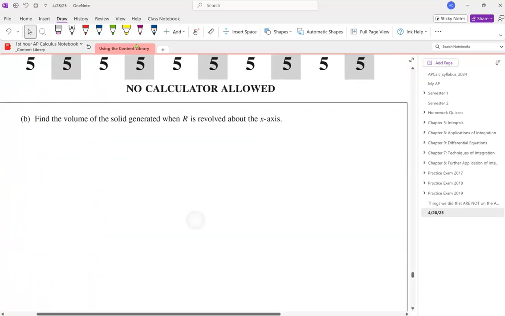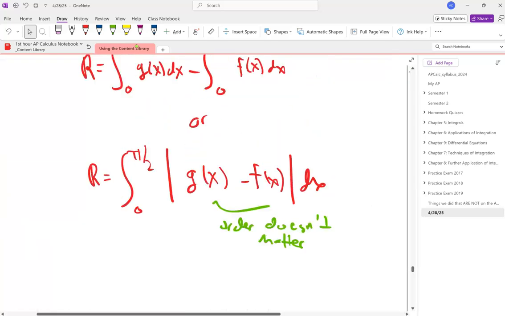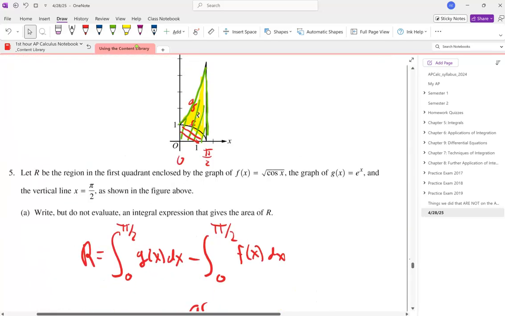if I'm unsure. Okay, it says find the volume of the solid generated when R is revolved around the x-axis. So if I'm going to go ahead and erase all this stuff, I'm going to be going around the x-axis, right? So this is going to be the center of my figure. So the first thing I'm going to look for on a volume of rotation problem is deciding whether I'm going